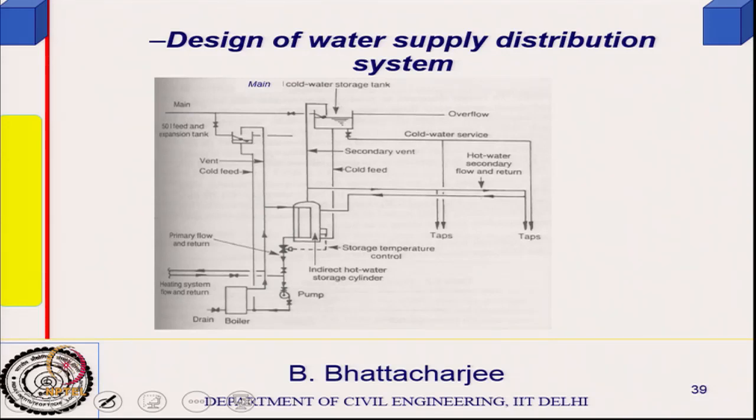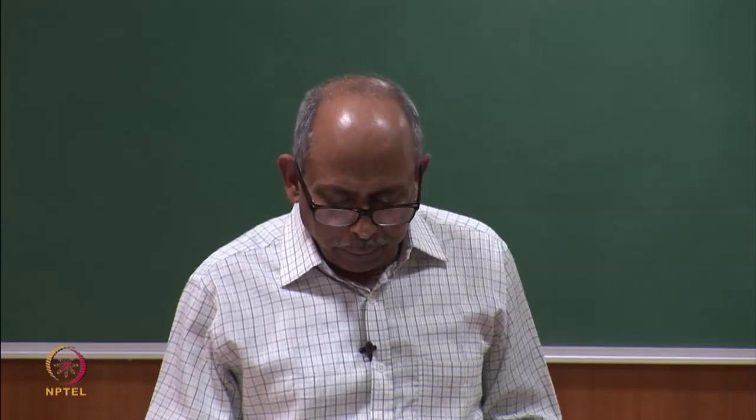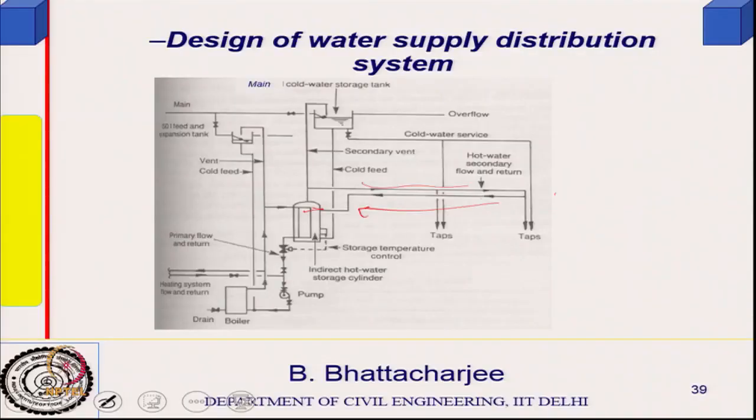Now, normally you have a hot water supply, you will have a loop, and wherever you have the hot water storage, or heater or whatever it is, hot water will be at the top and cold water at the bottom. So, your supply goes from top and then it comes back. It is a loop,